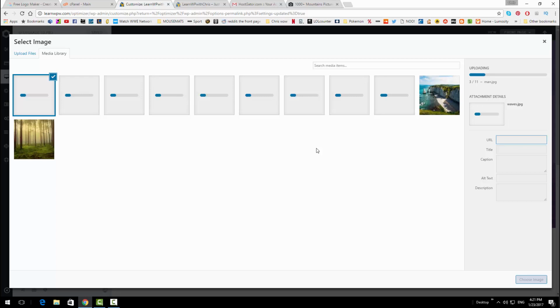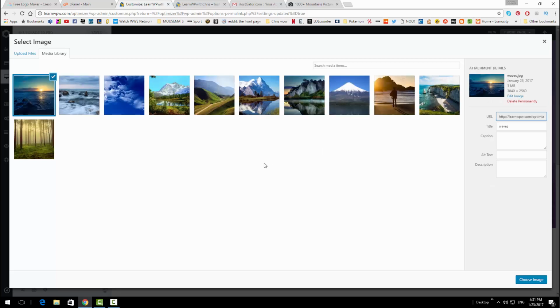So it may take about a minute for them all to load. But don't worry, they are still doing it, they haven't broken or anything like that. Just give it about a minute, and then they all should load. So now that all your images are in the media library, you just want to click inside which one you want to use,